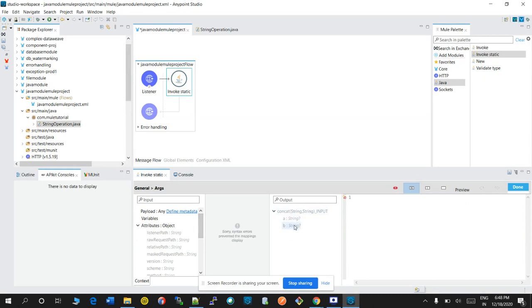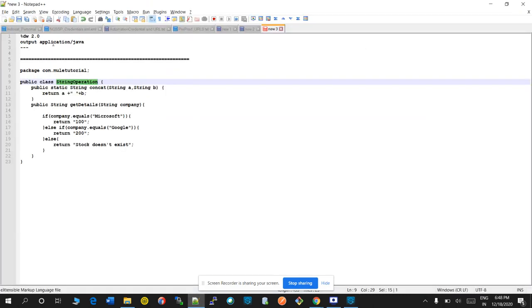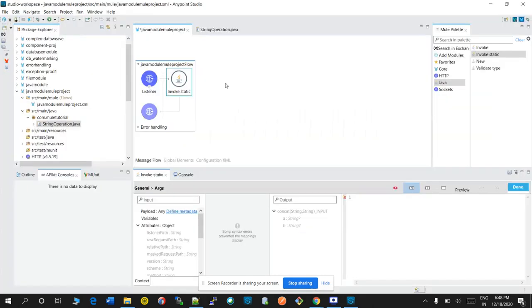So these are the two arguments which are passing in the concat method. We are using DataWeave 2.0. We will be concatenating these two strings and we will pass these two strings as a query parameter. So here is the query param.